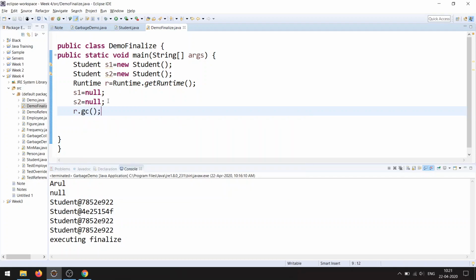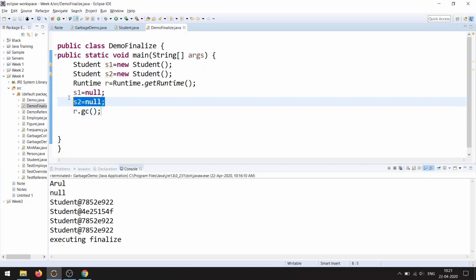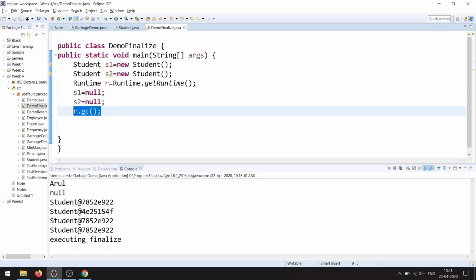So here we have dereferenced S1 and S2, which means both S1 and S2 are eligible for garbage collection. So in this line, the garbage collector will be executed, which deletes the memory occupied by both the objects, right?